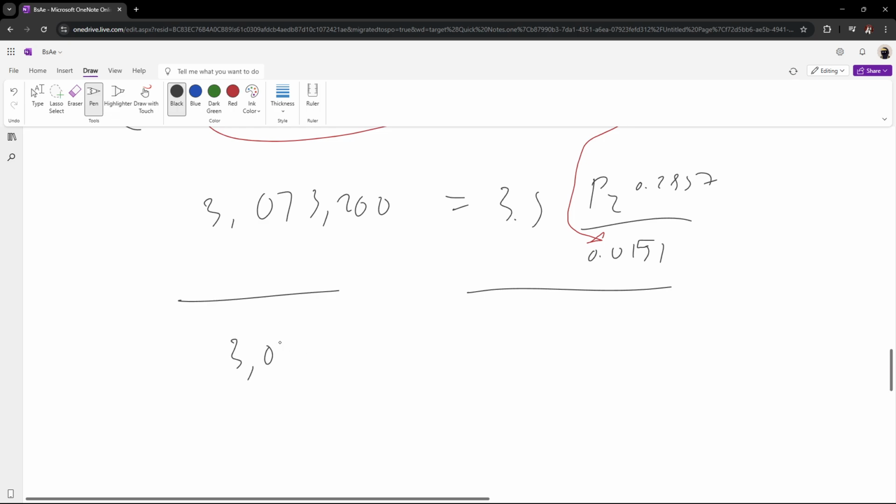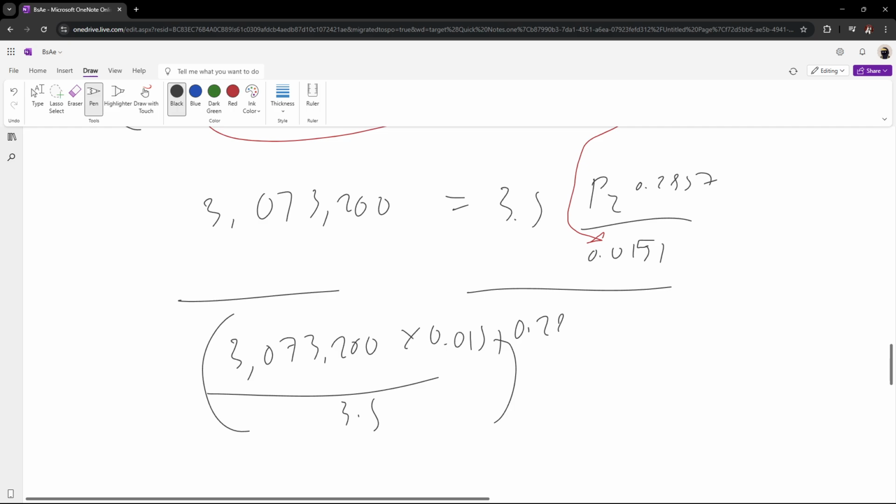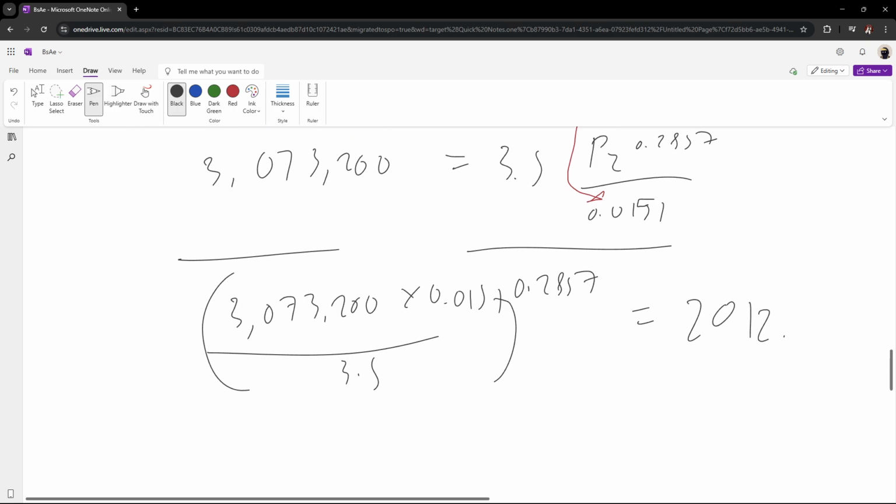Now 3,073,200 times 0.0151 divided by 3.5, raised to 0.2857, equals 2012.23